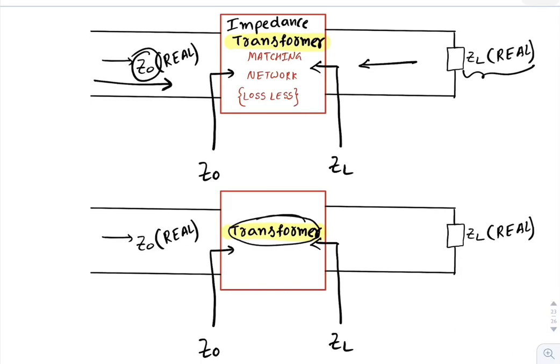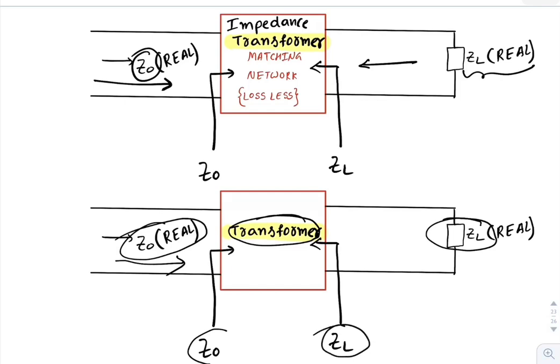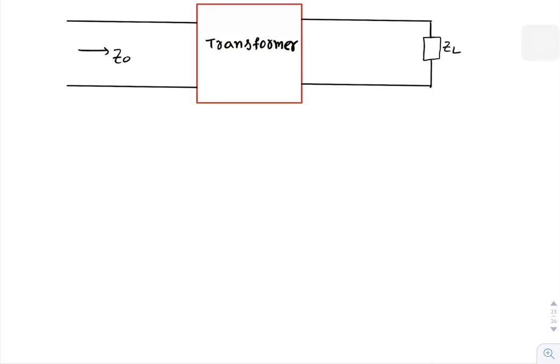Therefore, the objective of this transformer is that the load should transform like the characteristic impedance when you see from the transmission line, and the transmission line characteristic impedance should look like the load when you see from the load. With this knowledge,